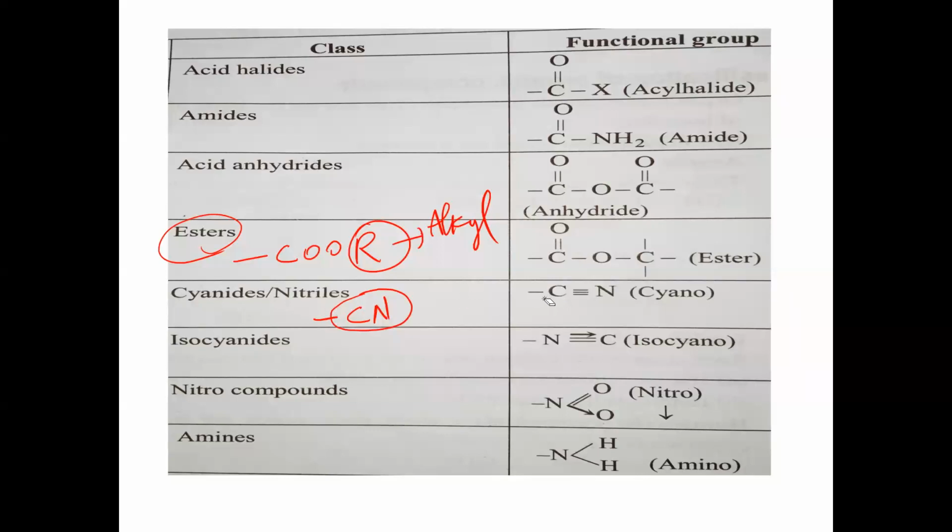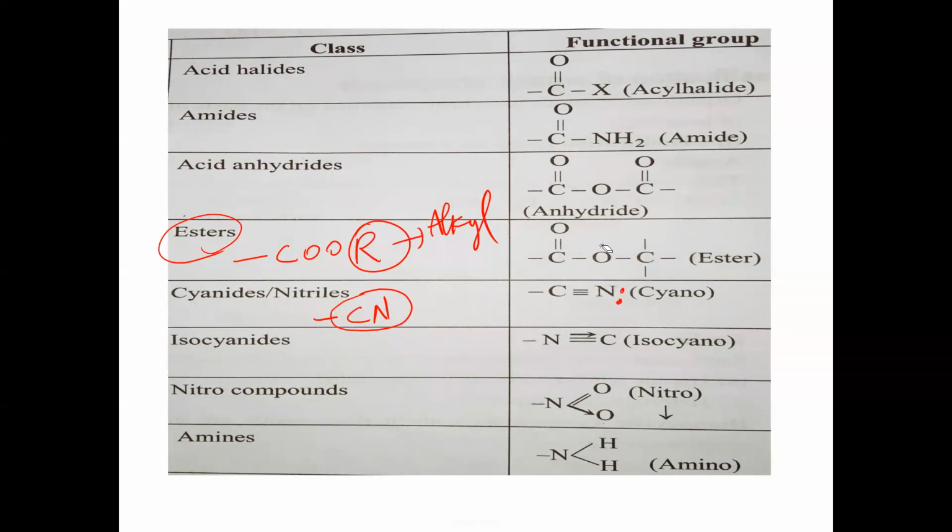Next, bond C triple bond N we have to understand. CN indicates what here? Between carbon and nitrogen, which bonding is there? Triple bond is there. So carbon has totally 4 bonds: 1, 2, 3, 4. Nitrogen has got how many bonds? 3 bonds. So nitrogen is a trivalent atom, carbon is a tetravalent atom. Remember. And this nitrogen has how many valence electrons in its outermost orbit? 5. Out of 5 valence electrons, 3 electrons are given in 3 bond formation, and 1 electron pair is present on nitrogen. Remember, on the nitrogen, 1 electron pair is there.